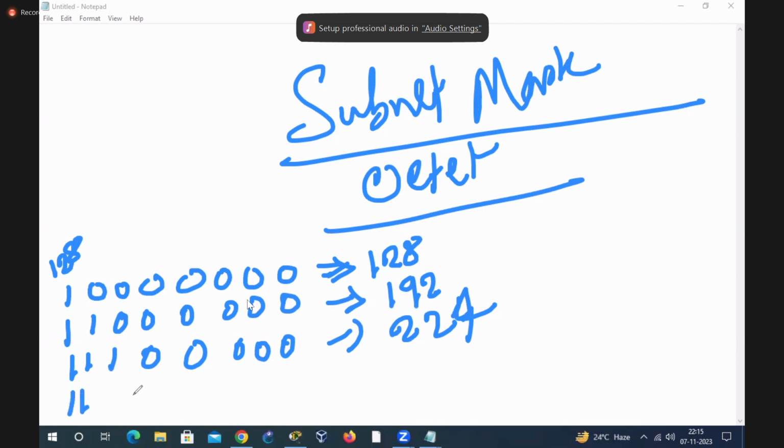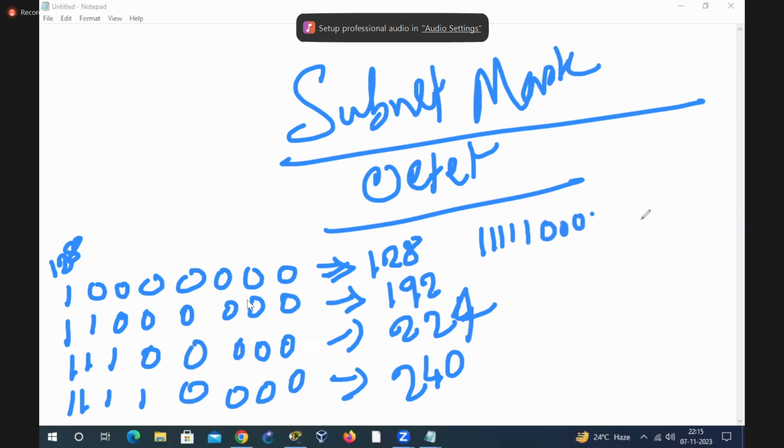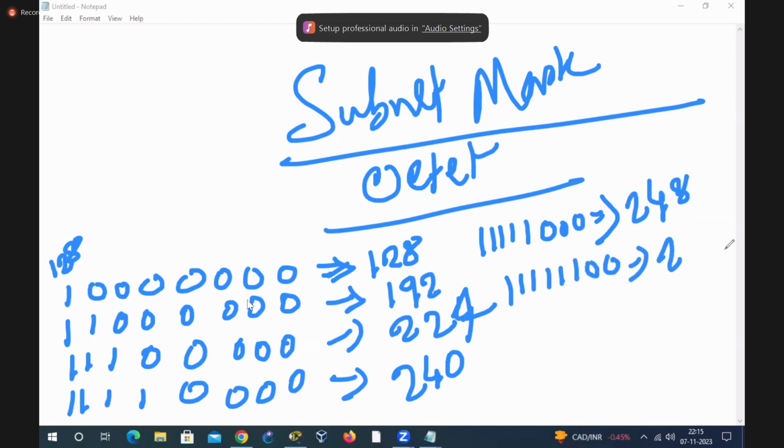If you have 4 ones and 4 zeros, then 240. If you have 5 ones, 1, 2, 3, 4, 5, and 3 zeros, 248. If you have 6 ones, 1, 2, 3, 4, 5, 6, and 2 zeros, then 252. If you have 7 ones, 1, 2, 3, 4, 5, 6, 7, and 1 zero,